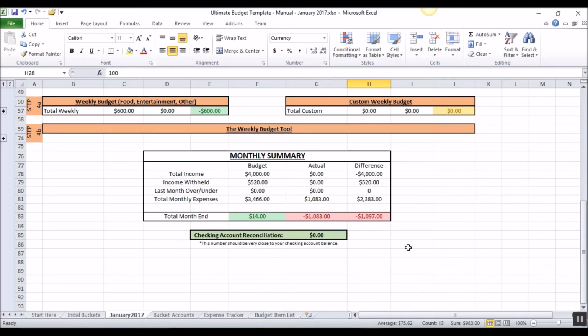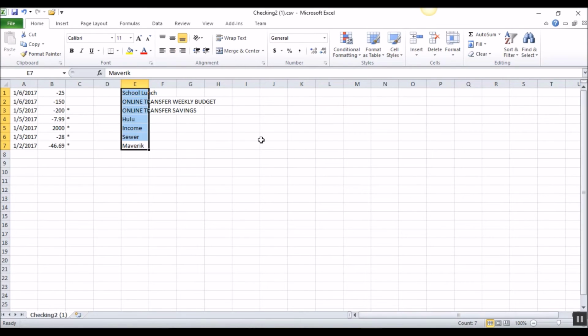money there. So now I'm going to go in and we're going to take the checking account transactions that I showed you earlier, and we're going to put those into this budget template, and then we're going to see our monthly summary, and we can see where we actually are right now compared to our budget and the difference between the two. So I'm going to jump over here to this file that I have from my bank, and it's